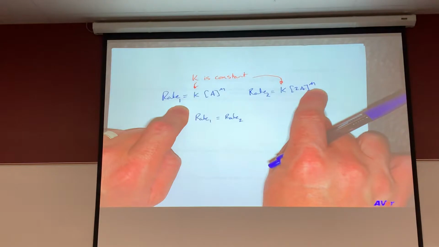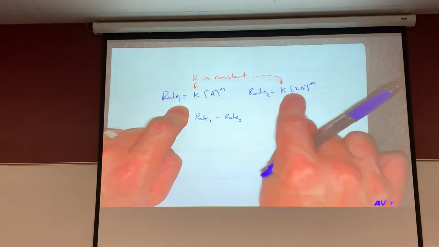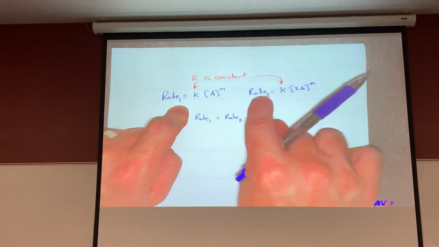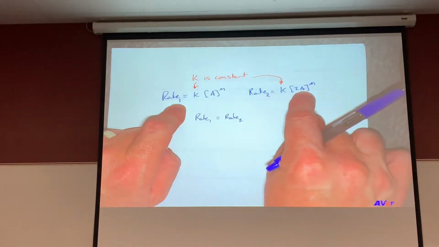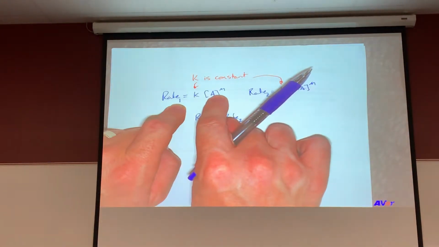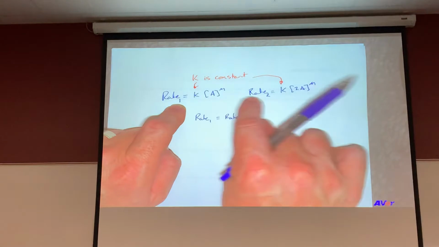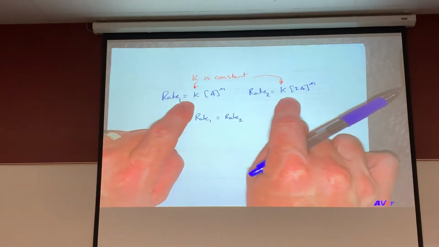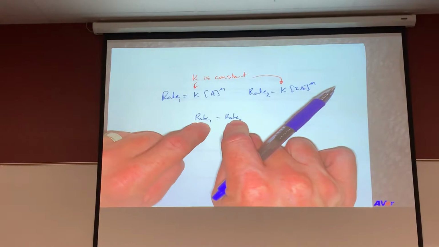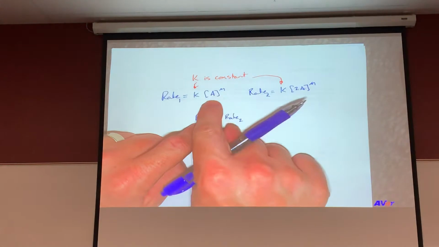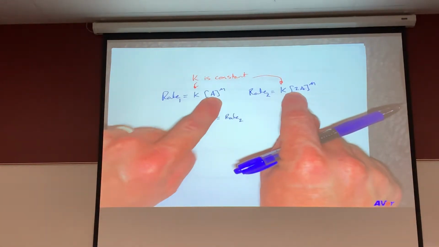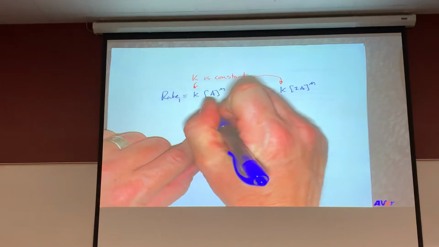0. If it's a 1, you can mental math this. If you put a 1 here and you put a 2 here, what does that do for the value of the rate? There's a 2 there. It doubles it. But I'm telling you that the concentration of A is of no consequence for the rate. You can triple the concentration and the rates are still the same. You can quadruple it. You can put 10 times in there and the rates are still the same. As long as there's some A, the reaction occurs. Since the concentration doesn't have any impact on the rate, in this case, M equals 0.